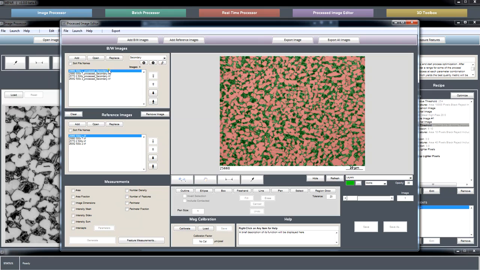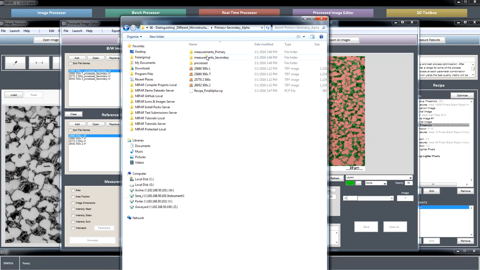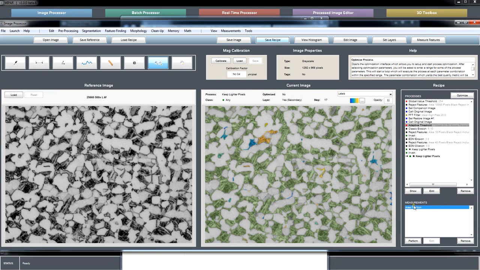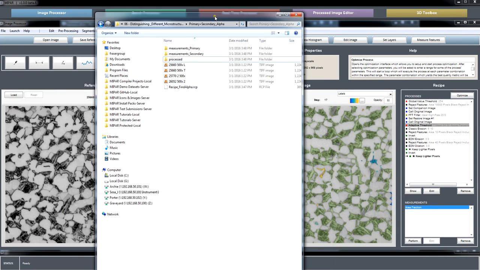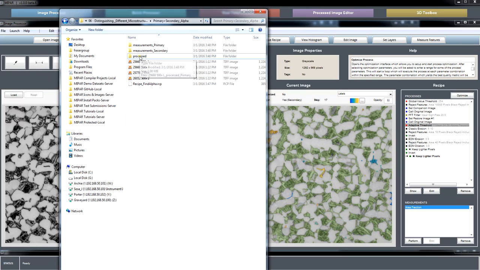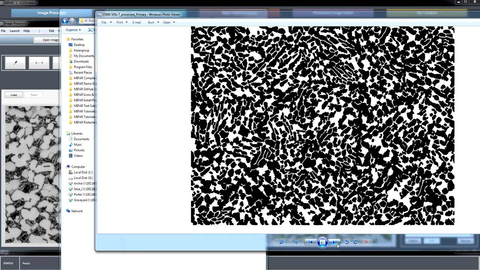30 will make it a little bit clearer. So we have primary and secondary for, now what's actually been saved, if you go look at your Windows Explorer, in here we have a processed folder, and I forgot I actually kept measurements at the end of that recipe, so we also got measurements out of the batch process. We have a processed folder, since that was the suffix we used, and inside of this folder we have primary and secondary for image 1, primary and secondary for image 2,